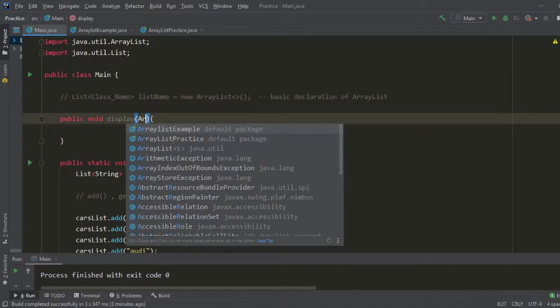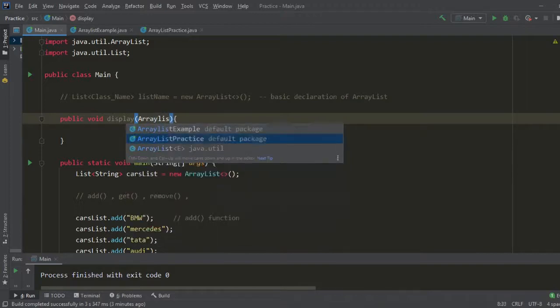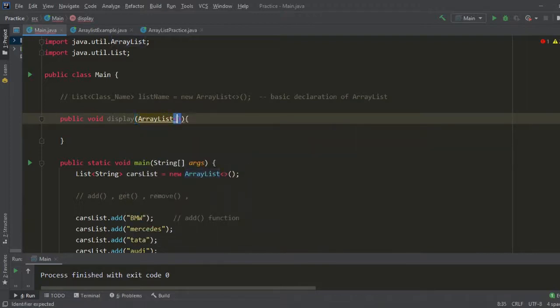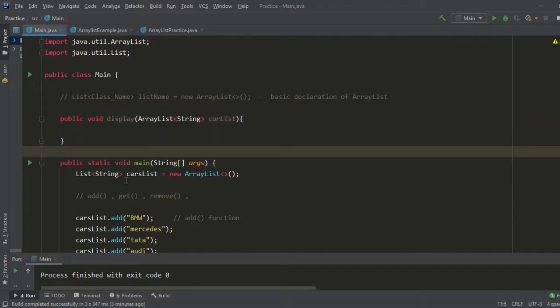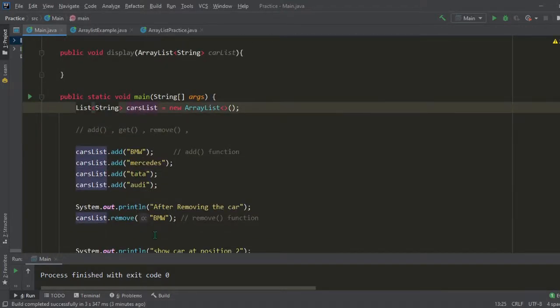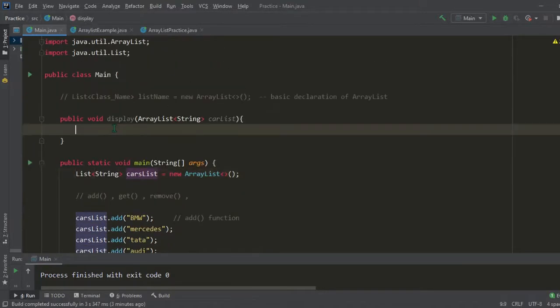For that we need to give ArrayList of type string, and here any name is fine. We'll give it car list. So we'll pass our cars list to the display function, so that it will display the values inside it.